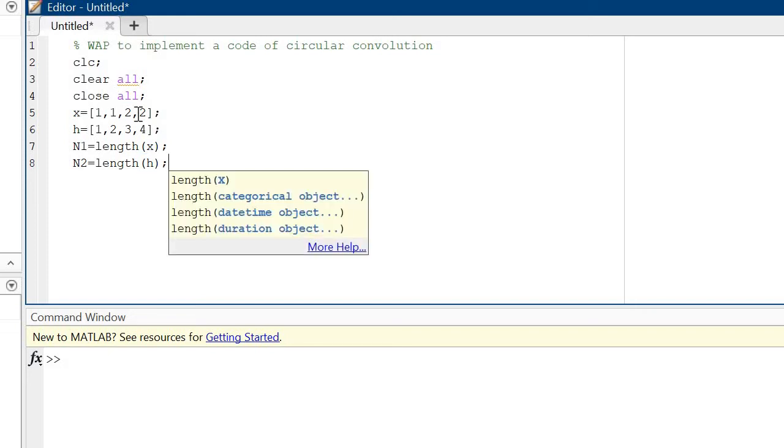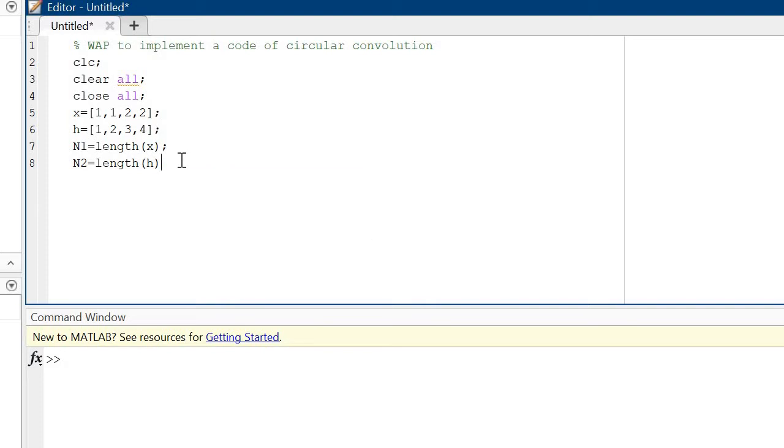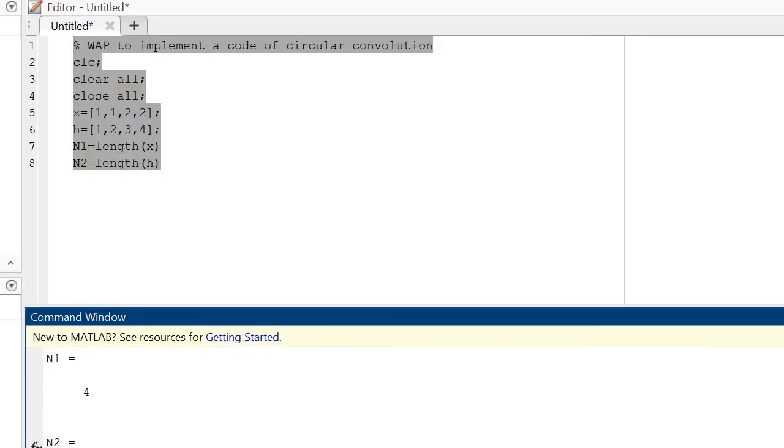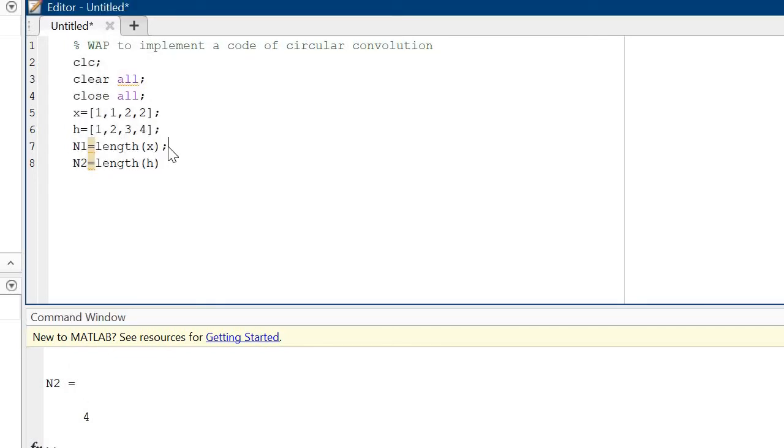I will show the result if I remove this semicolon, then in the command window n2 is 4, it means the total length of the sequence is 4, and the same is the case for n1 also. If you write this semicolon, then there is no result in the command window.